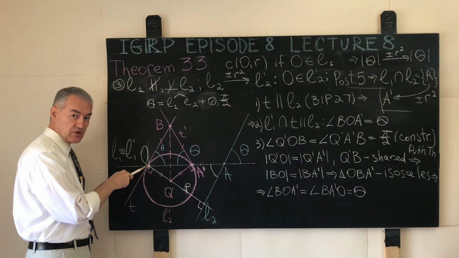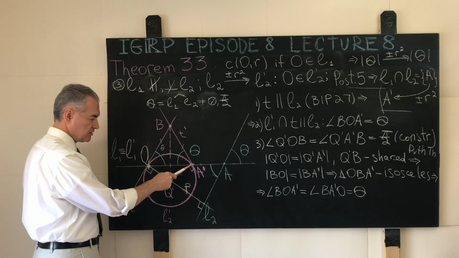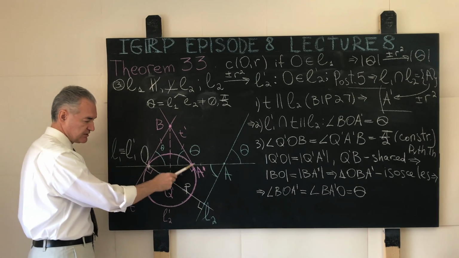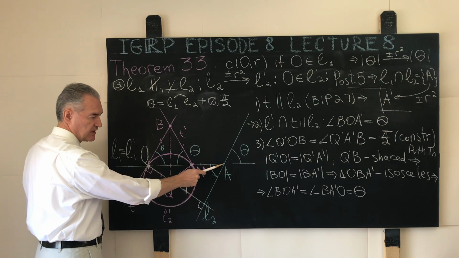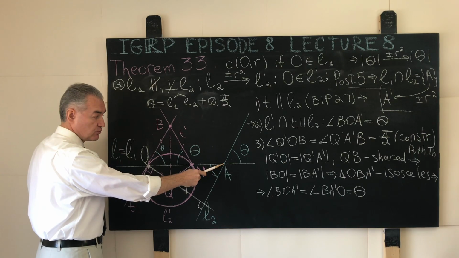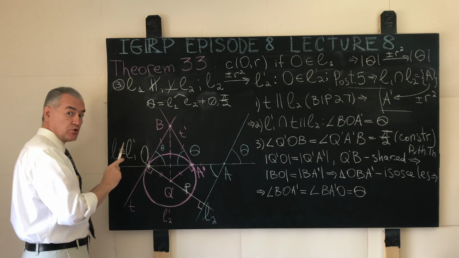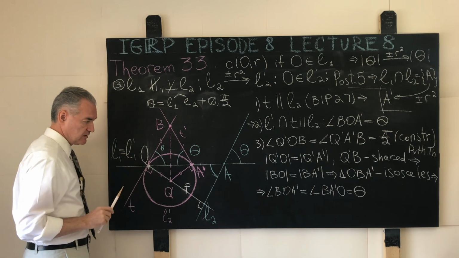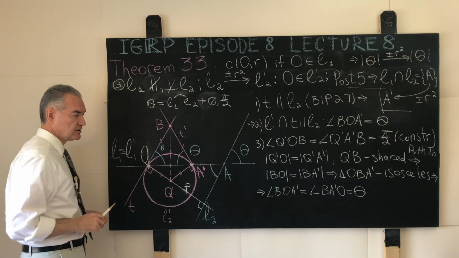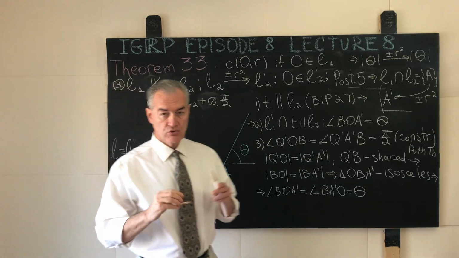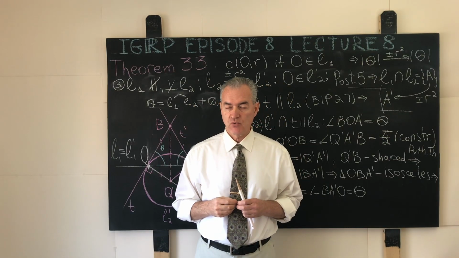One of these points will evidently be the center of inversion, the point O, and the other one will be the second point where the straight line L1 intersects the image circle, or the point A prime, which, by the way, is exactly the image of the point where our two non-parallel and non-perpendicular straight lines L1 and L2 intersect. And that concludes the overall proof of theorem number 33,